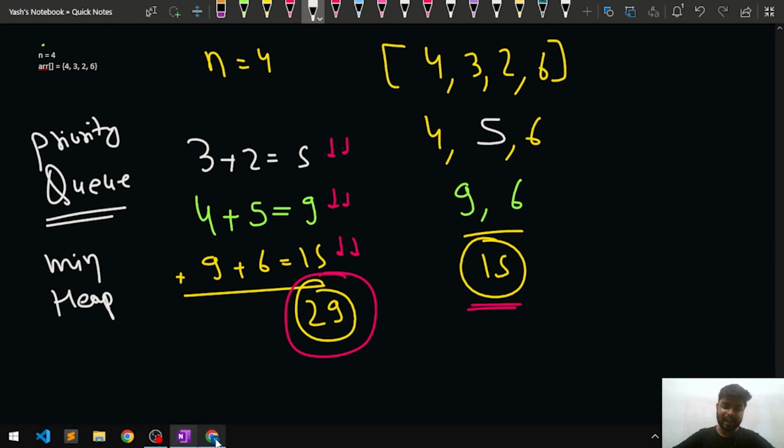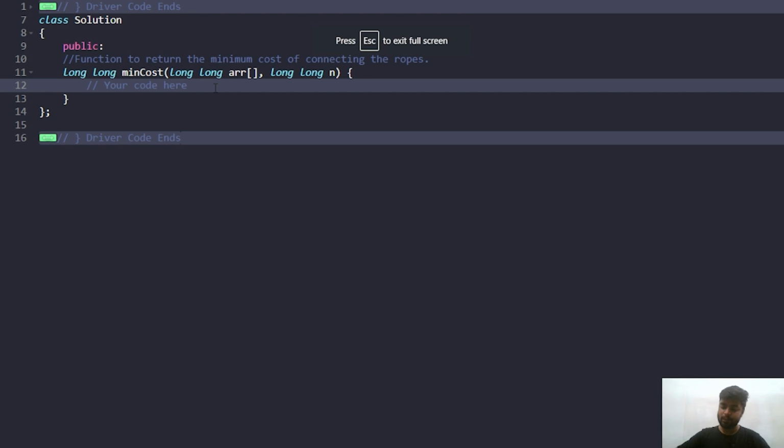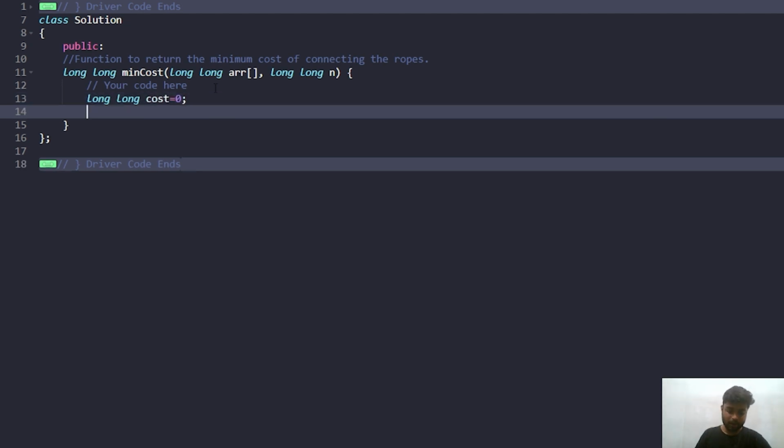So let us try and write the code for this. What we'll be doing here is, first of all, we will be given the array and we'll be given n. So first of all, we'll declare the cost. So let's say long cost, because they have given long. So we'll write long cost is equal to 0. Okay, initially we'll mark the cost as 0, and we will declare a priority queue, which will be for the